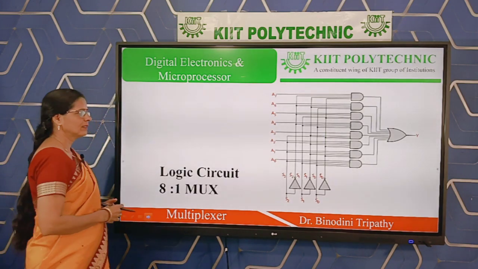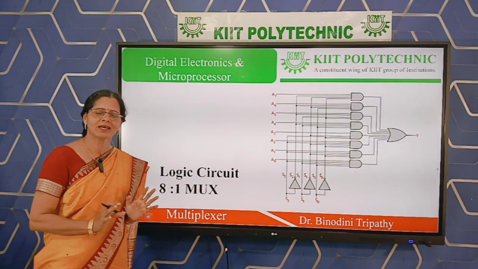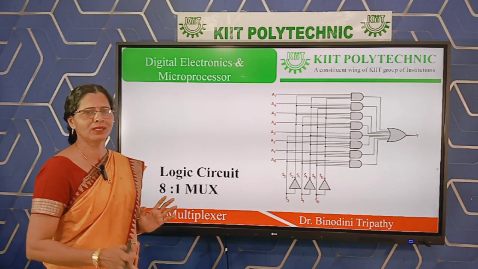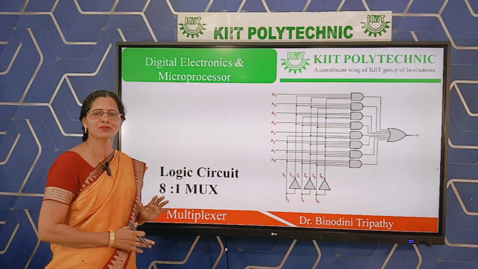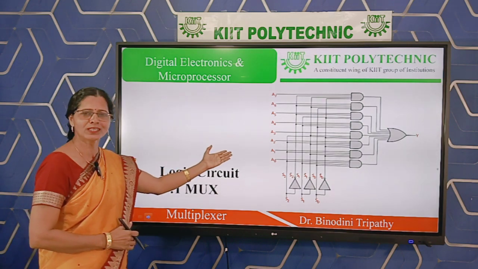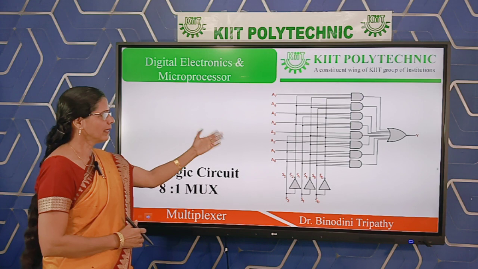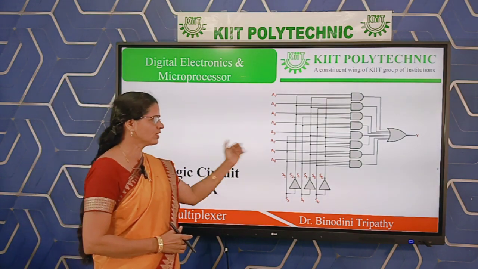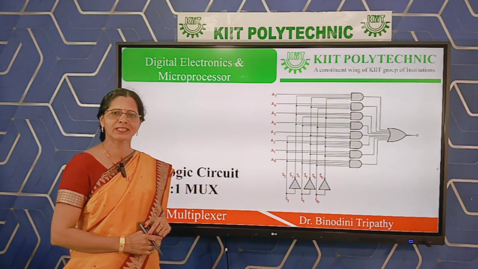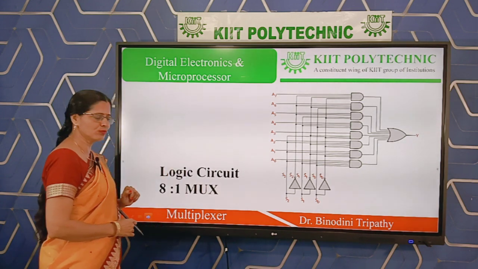That means up to 8:1 if you practice, I think if you practice for 2:1, it is not required even to memorize the 4:1 or 8:1. Since this portion is directly coming in the exam, that is what we are considering. The main thing is how we are implementing or realizing the circuit, what is the trick, just like we have done in 2:1.